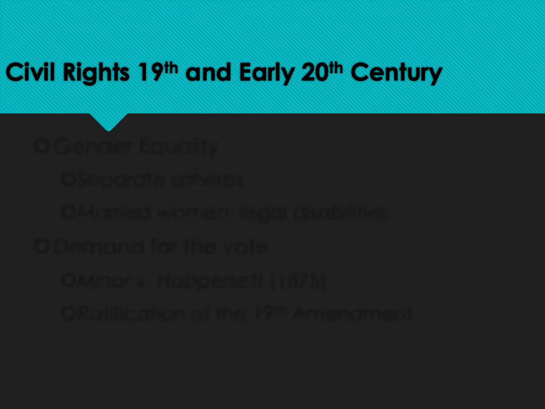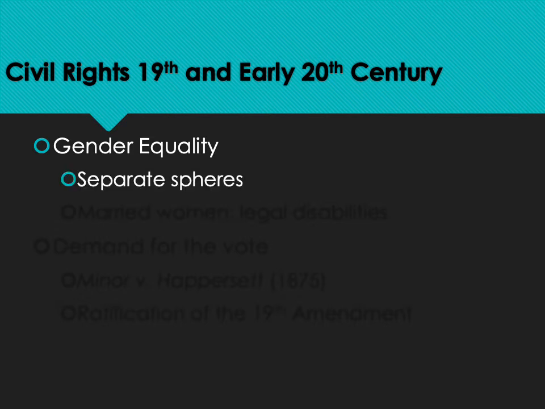Now, as I mentioned before, the struggle for racial equality was just one aspect of the civil rights struggles of the 19th and early 20th century. The struggle for gender equality was also an important struggle as it relates to equality. Now, keep in mind that much like race, where black folks and white folks were seen as being not equal due to their skin color, a similar approach was taken on gender equality.